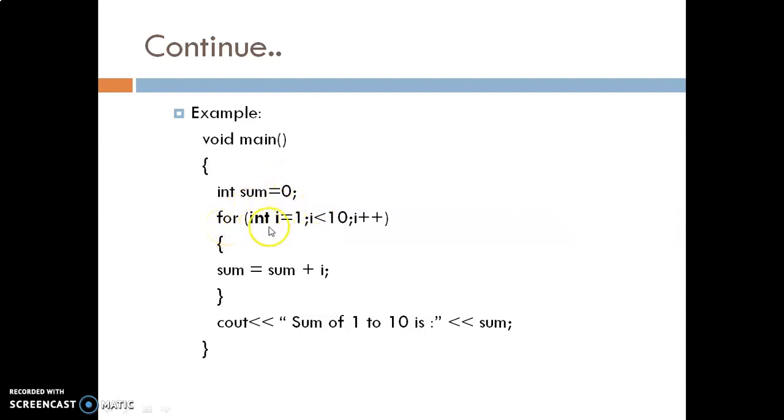Here we have a for loop, int i is equal to 1. If we were using a C program for this, then we would have to declare this variable i at the beginning, during the declaration at the start of the program. But in C++ you get the facility to declare this inside the for loop, as you can see here. I am focusing mainly on this. This is the basic difference: you can declare your variable inside the for loop, which is not possible in C. The rest of the part is the same as you were doing in C. The syntax is also the same, but the keywords that we use for input and output, cin and cout, differ here.